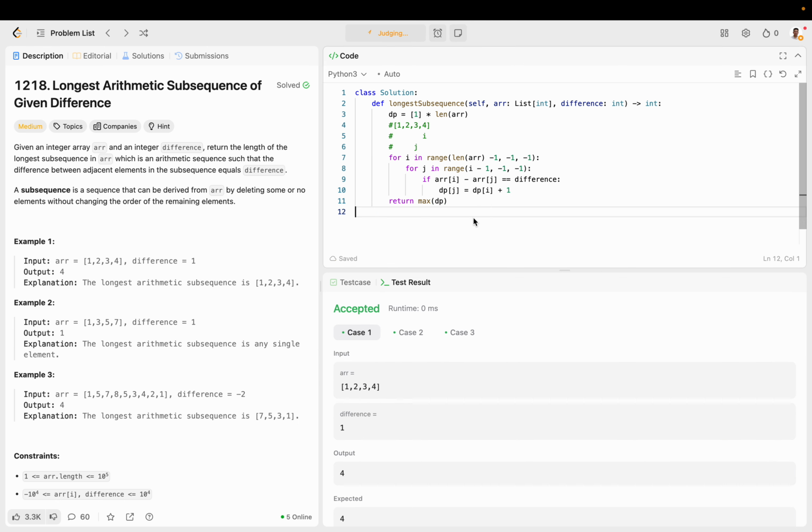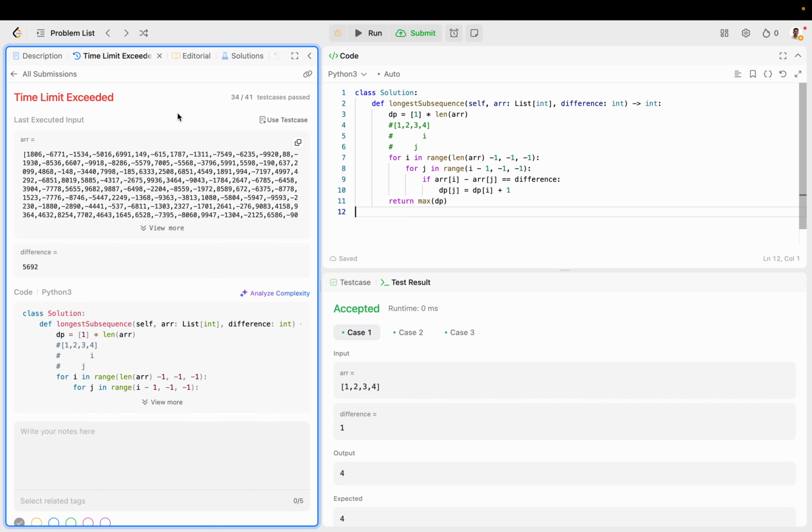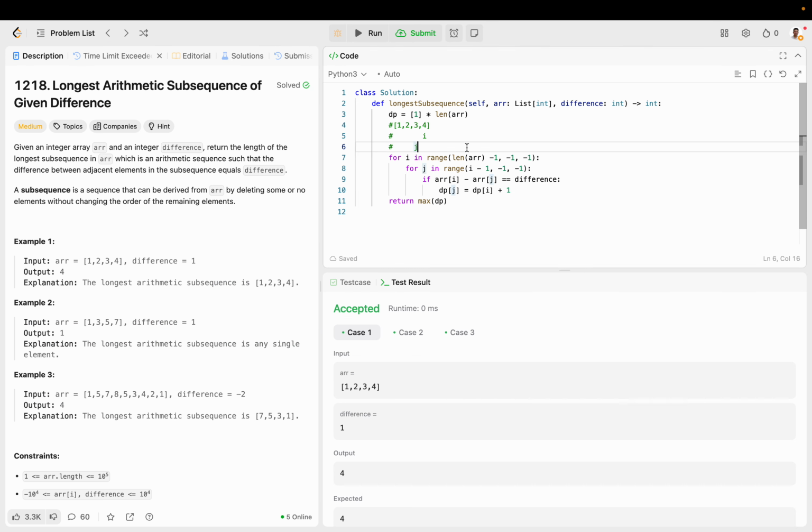So this technically works, but you're going to get time limit exceeded, so we have to use a hash map to speed this up. And so what we're going to do is, I'm going to show you in a second. So the way that I came up with is to use a dictionary of list,